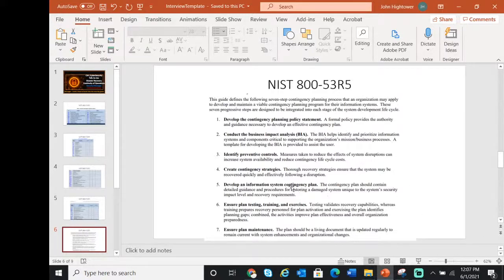BIA helps identify and prioritize information systems and components critical to supporting your organization's mission. A template for developing a BIA is provided to assist the user. Right, so if you're a business and there's an incident or a catastrophe, are you going to run all the same services you run like your system is normal? Or if there's a disaster, are you only going to run half your business, or 5 or 10%? The executives have to figure out what that is, and basically what is critical,